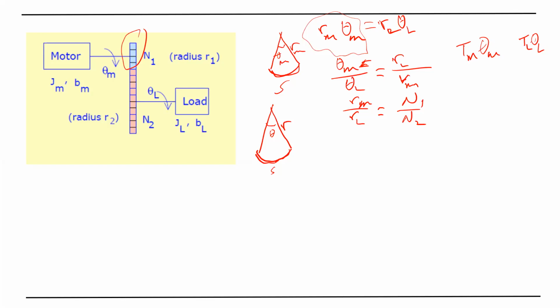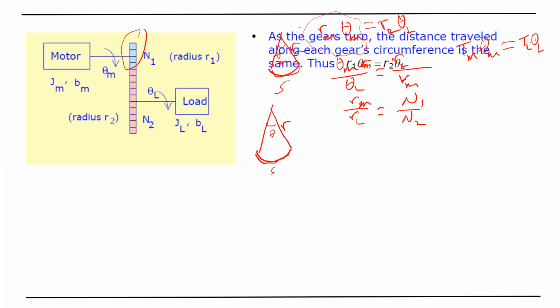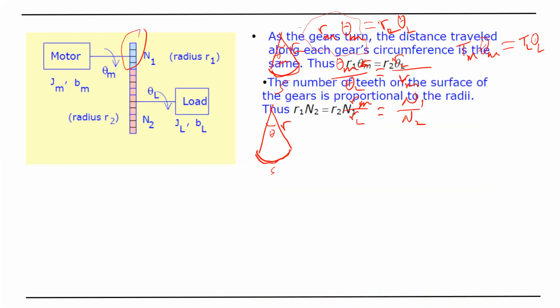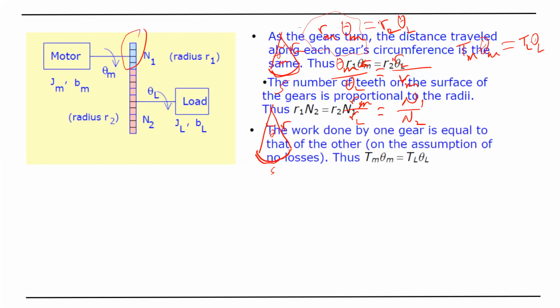The system is perfect. So if the system is perfect, then I am transmitting all the power from the motor side to the load side. If we accept those three facts, then I will have